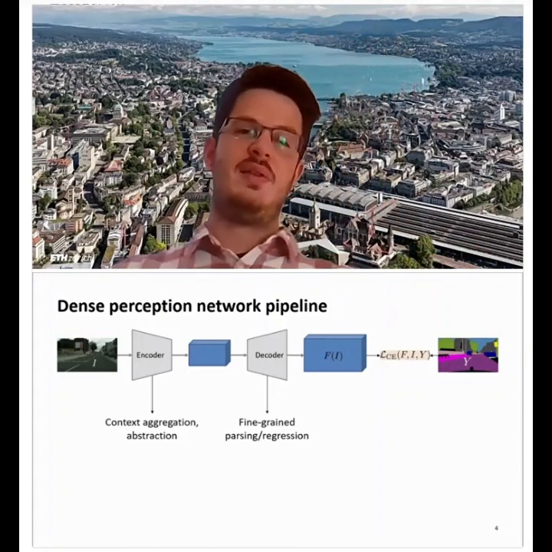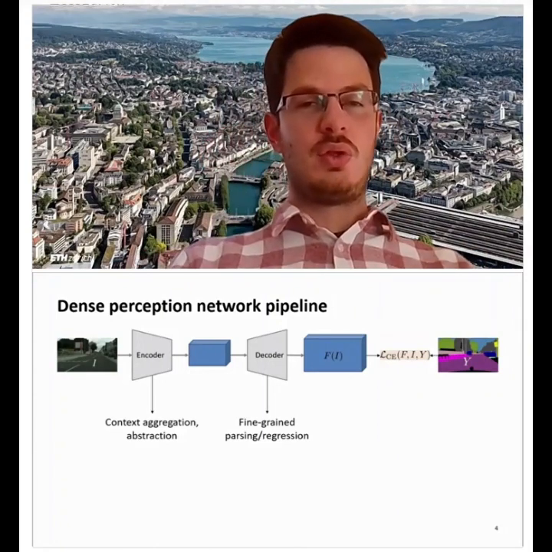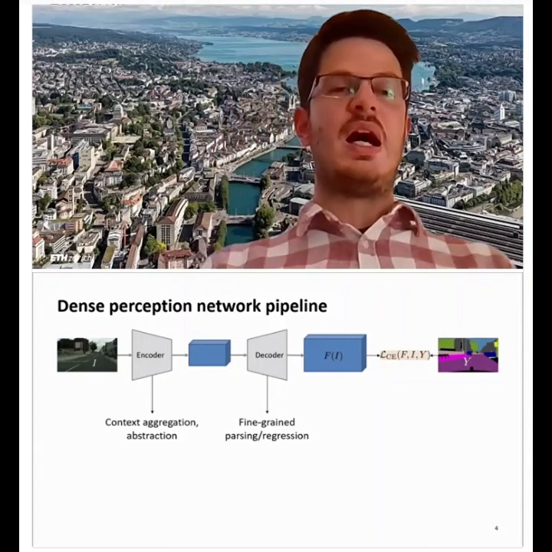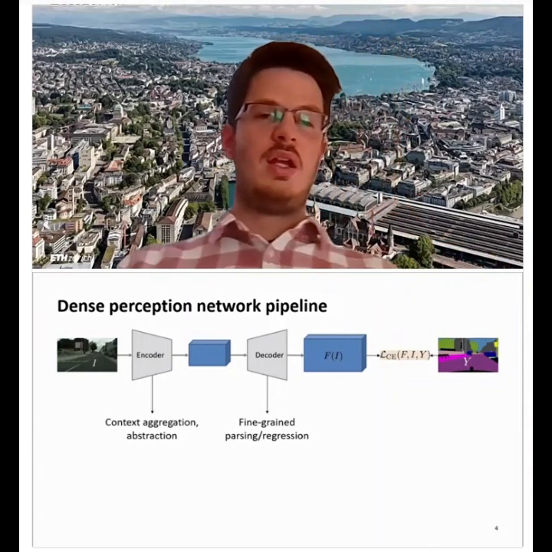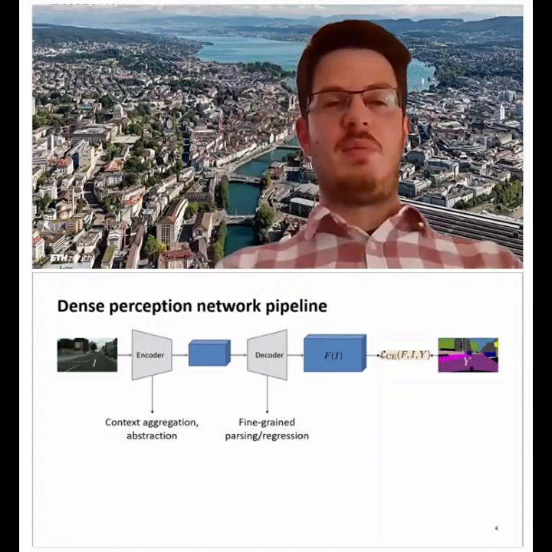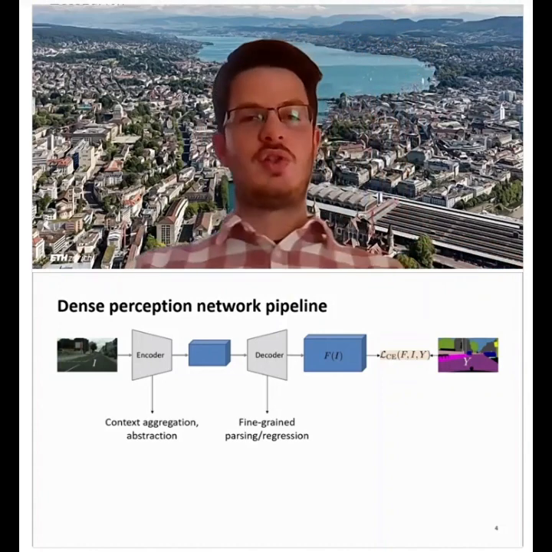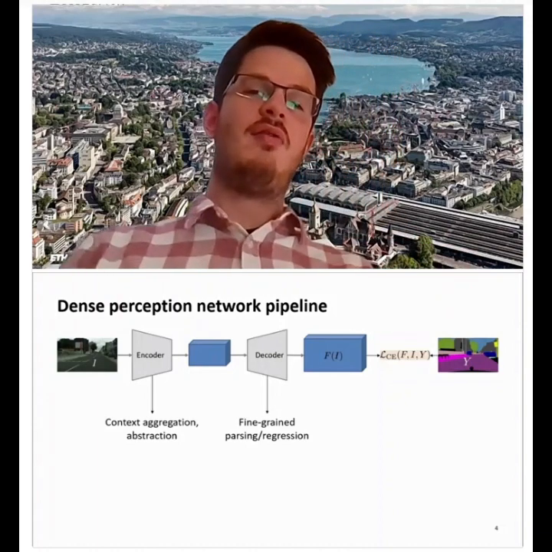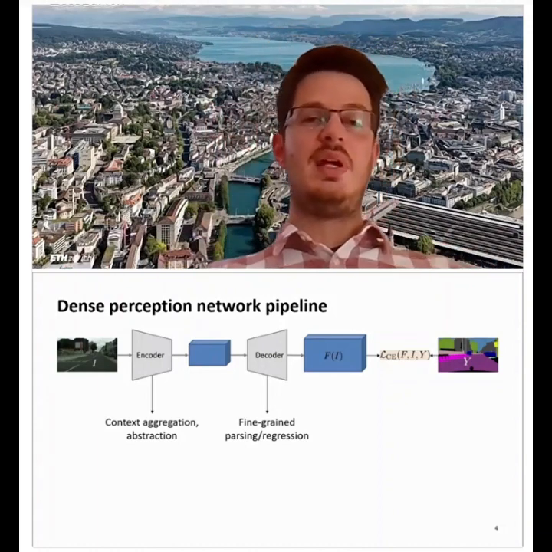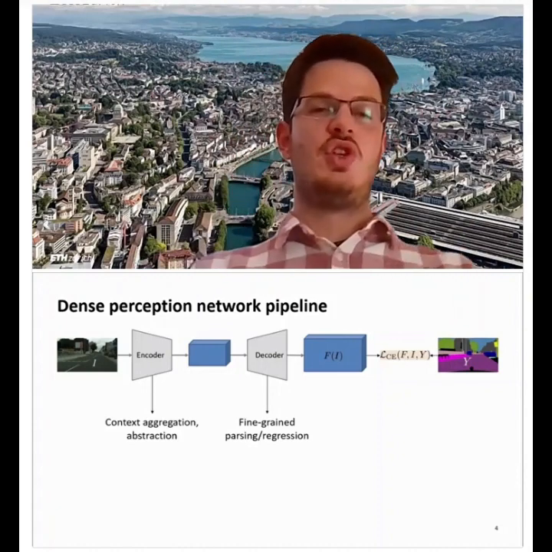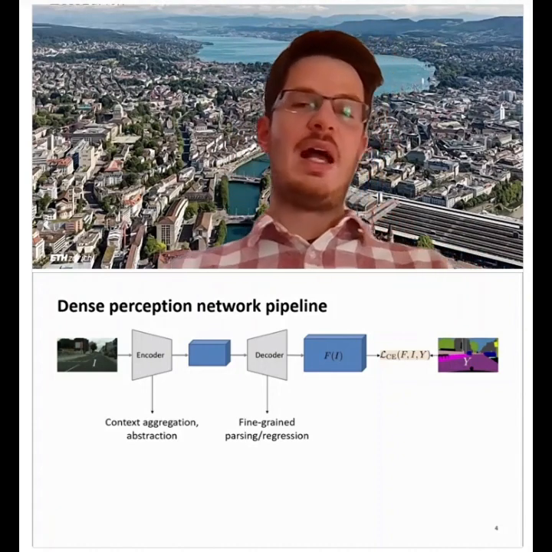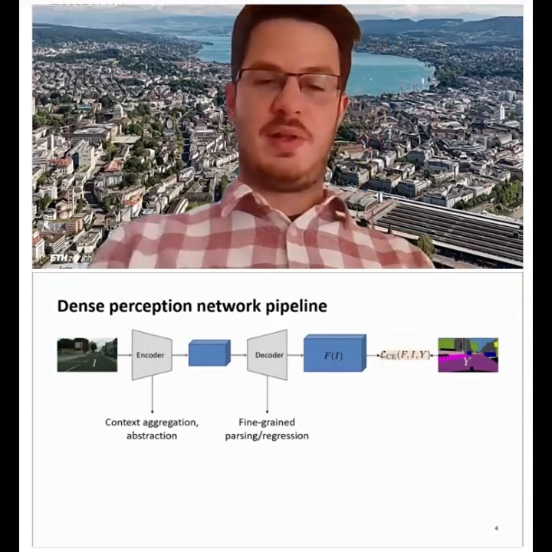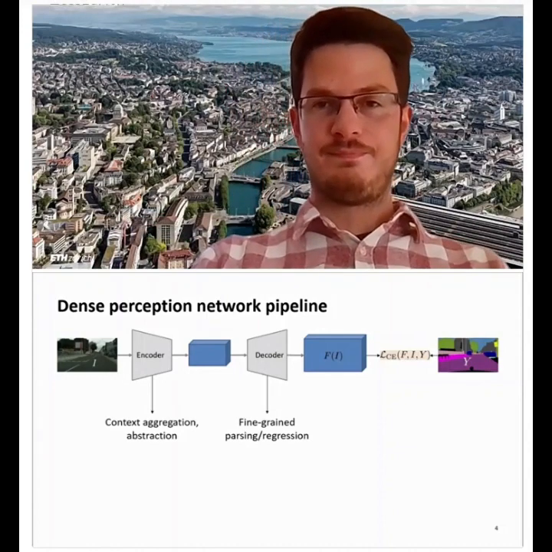We then have the decoder, where we need to go back to the original resolution that we had in the input, so typically a high resolution. There we want to use the features that are output from the encoder in order to completely parse the image, whether this refers to semantic classes or parse it with respect to the values of a continuous quantity, such as in the case of geometry, the depth value, or the values that define the normal vectors of the surface.